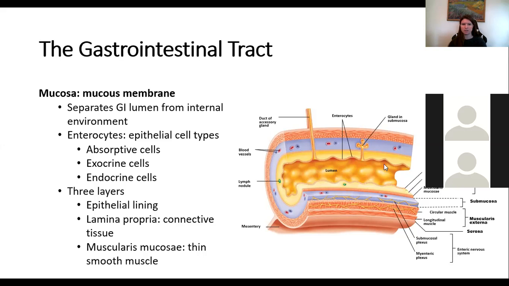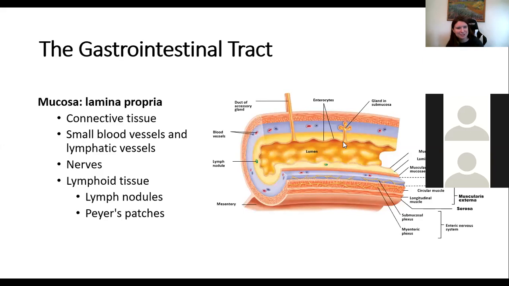Okay, so that's our first layer of the GI tract called the mucosa. It has our mucous membrane made up of epithelial cells that have different jobs: absorption, exocrine function, endocrine function. It's got a connective tissue layer, our lamina propria, which has some immune function there. It's got lymph nodules. And it has its own little layer of smooth muscle called the muscularis mucosae. So our next,